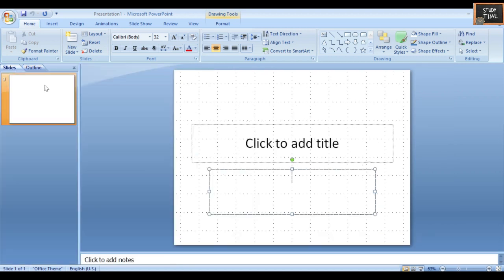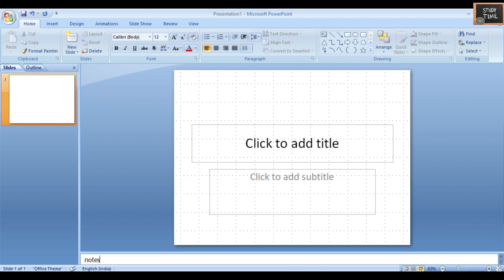Next you have notes section. Here, if I write, you will get the notes section. See here, this is the notes section. Down here you have normal view, slide sorter view, and then slideshow.